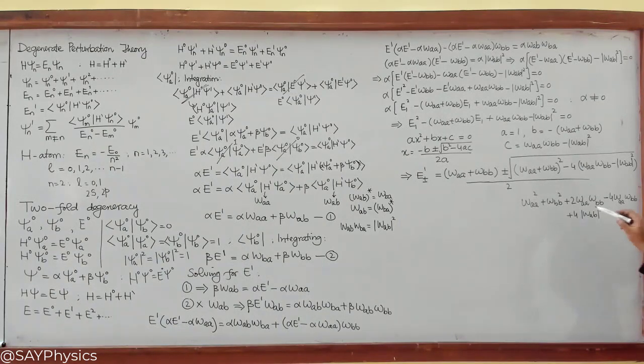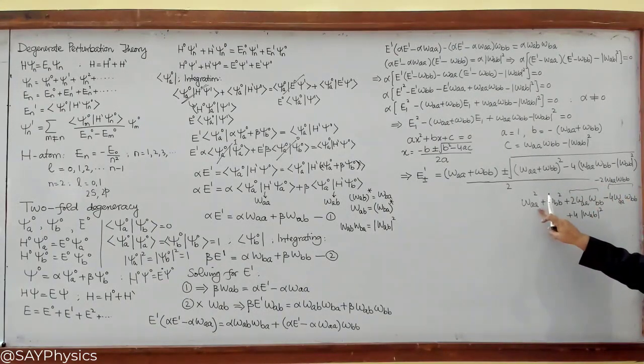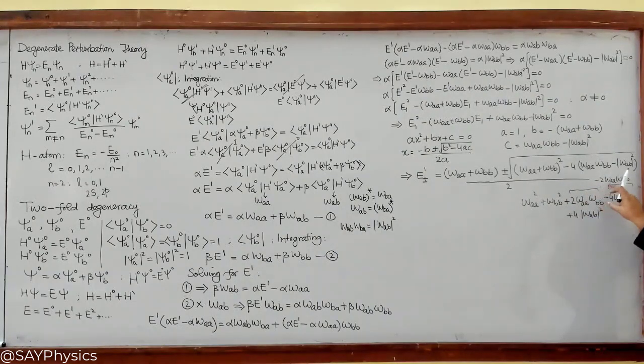Now look here, this is plus 2 WAA WBB, this is minus 4. So it will become minus 2 WAA WBB. If I combine it with this one, a squared plus b squared minus 2ab,